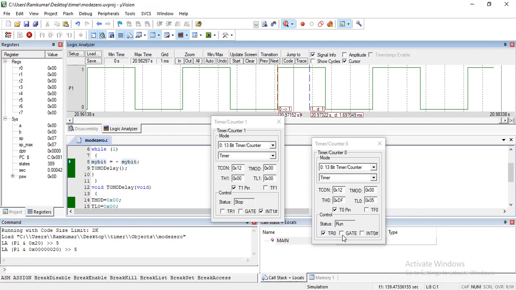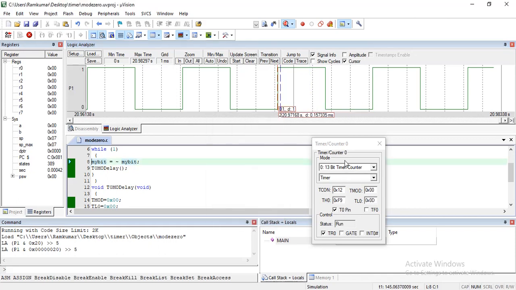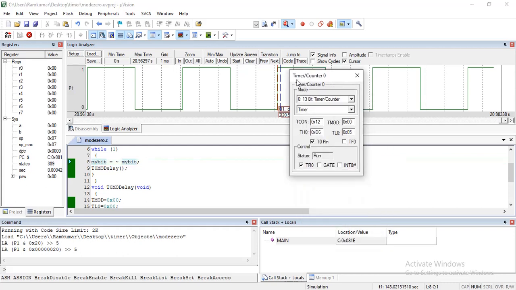So here we are not going to use timer 1. Here you see this is an example. If you configure like that, the timer with 13-bit timer mode is also selected. So whatever value you loaded in TL0 TH0, it keeps on running. Why is TF0 not going high? Because it is going very fast in millisecond execution. That's why even though it is on and off, we can't observe it.